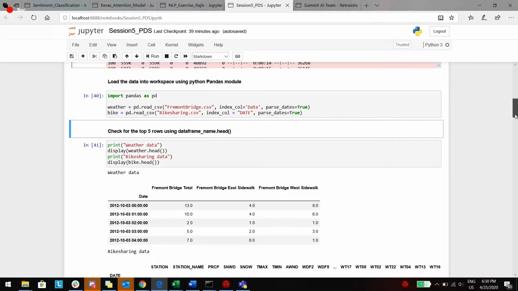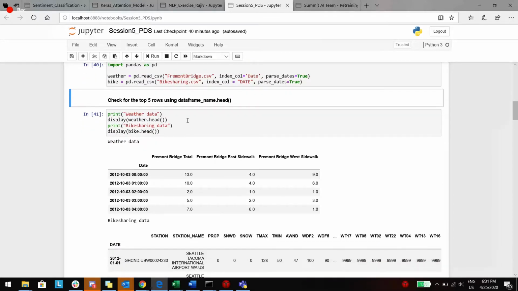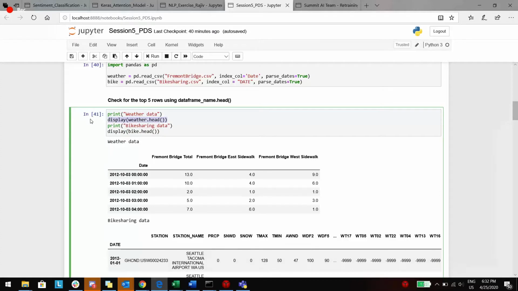This pandas module is very useful in performing data frame operations in Python, so you can read about it if you are not aware. The pandas.read_csv will help us read the CSV file data. And once we read the data, we look at what the data looks like. This data frame dot head statement will show the top 5 rows of the data frame, and what I can expect from that.